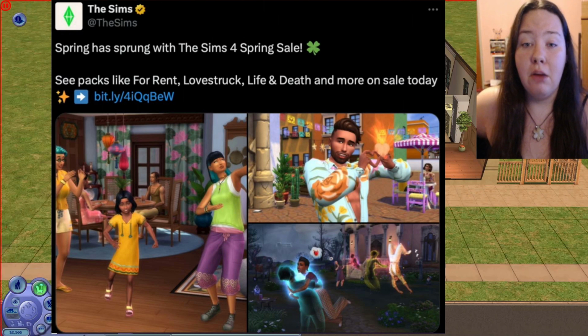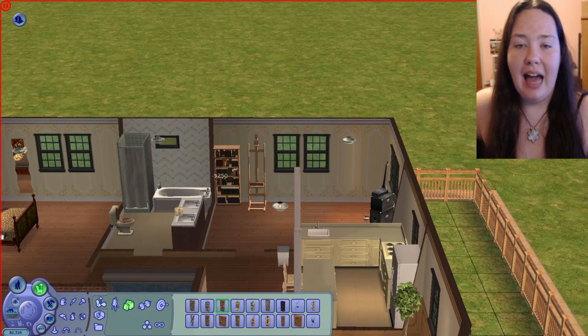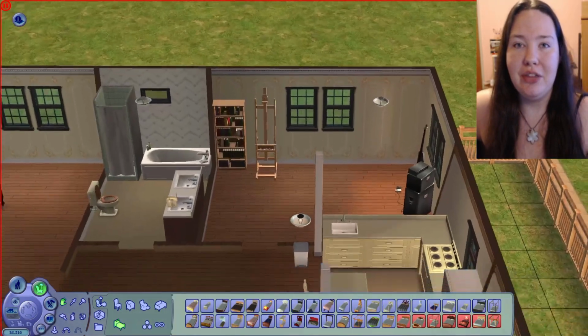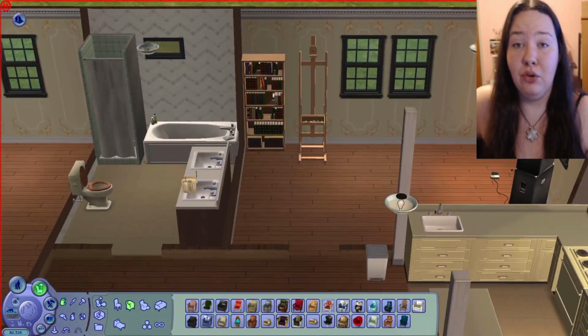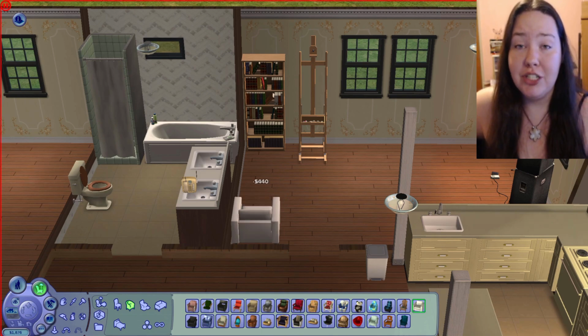Now, here they are promoting the For Rent expansion pack, full well knowing that not only is it still riddled with bugs, but that if you get this pack, it's possible to just completely lose all your save files. Now, this is a promotional post, so they're not going to include in brackets next to For Rent, by the way, if you buy this pack, you might destroy your save files. So I can understand why, but adding For Rent in this promotional post was just a huge no-no